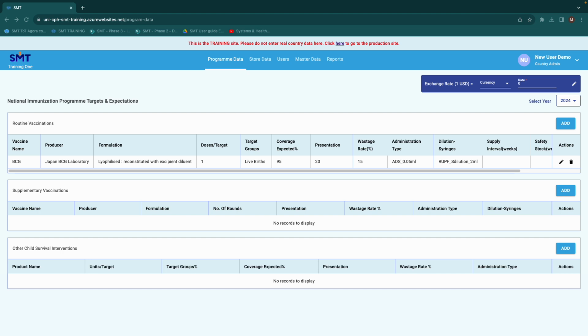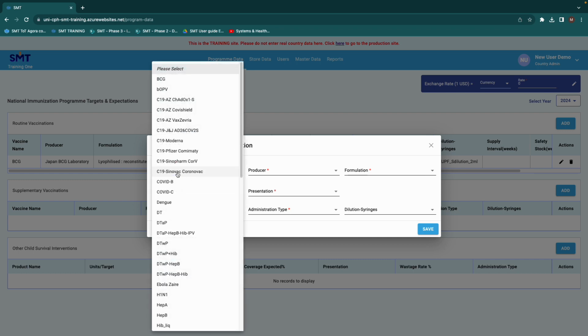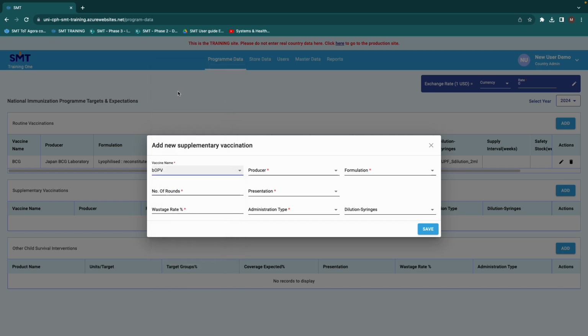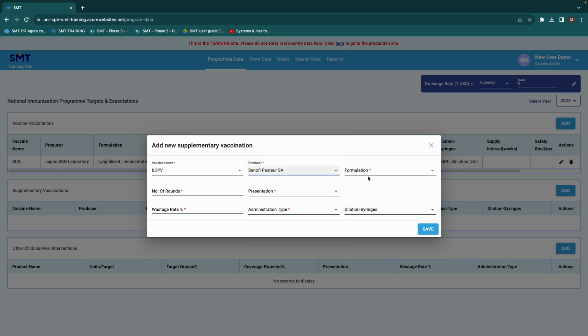Once we have finished adding all our routine vaccines, we can move to the supplementary vaccines and do exactly the same. So we can go here, click Add, and a new window will open. So this looks a little bit different. The type of data that we need to enter is different, but we start the same with the vaccine name. So let's assume that we are going to use BOPV for our supplementary vaccines. I just select the producer that I want. Let's say, for example, this one, the formulation,